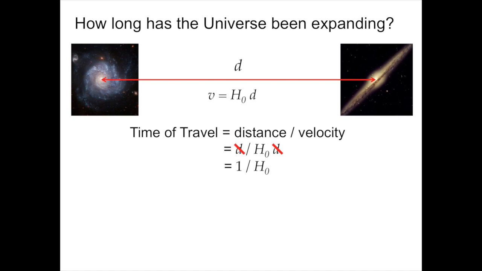This allows us to define a parameter we call the Hubble time, t0. t0 is mathematically 1 over the Hubble constant. It is how long the universe could have been expanding to get the galaxies out to the distances with the speeds we observe they have today. This assumes that the expansion rate is constant, that the Hubble constant is a constant not just now, but over all cosmic time. So this is simply an approximation of how long the expansion has been occurring.